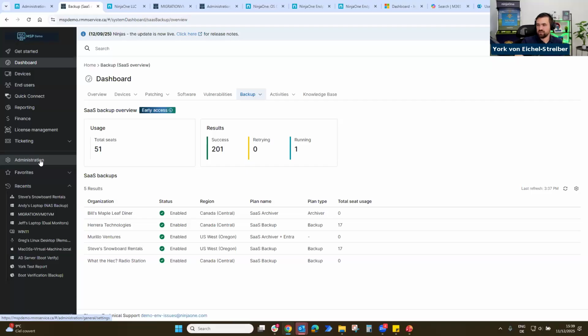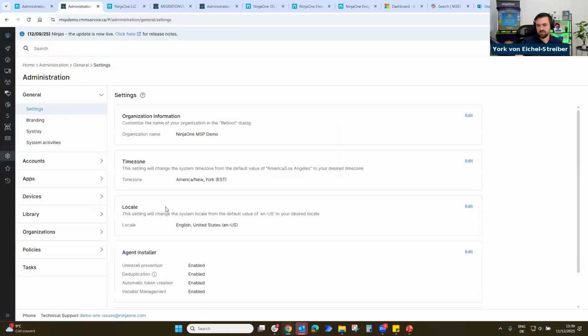It's the boot verification. It's a real-time, regular checkup to see if your image is actually booting properly. So you can be assured. I'm not sure if that's actually a requirement by cybersecurity insurance or compliance, but in any case, I think from an IT administrator perspective, I think sometimes